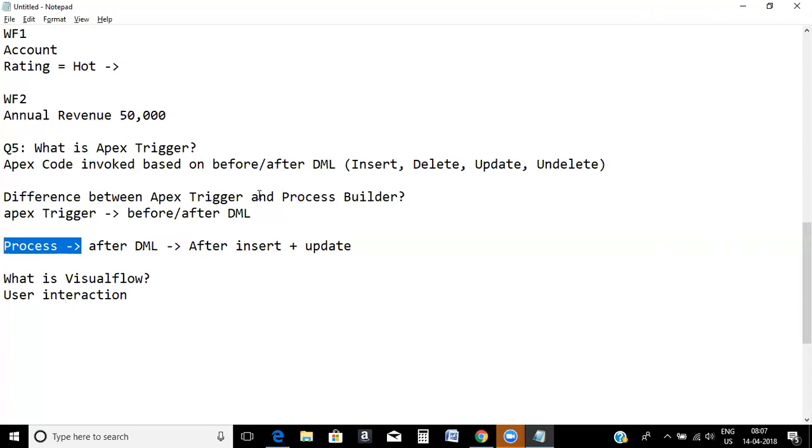You cannot have user interactions in between the process automation. But with visual flow, you build the screen elements and run them, the order is defined in your visual flow, and you can automate different types of actions as part of visual flow. For example,